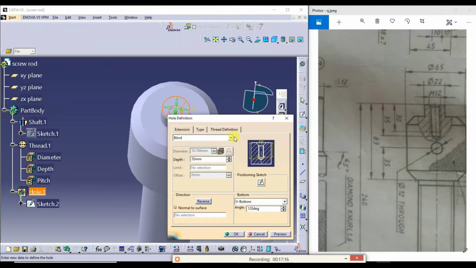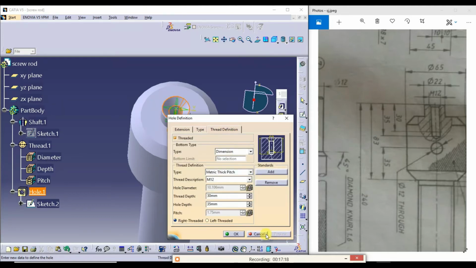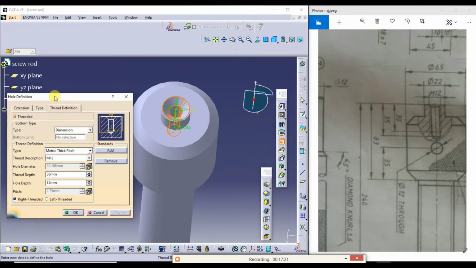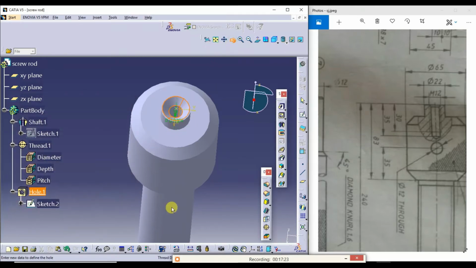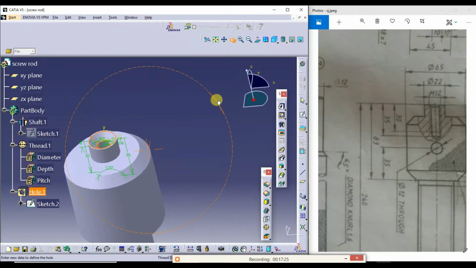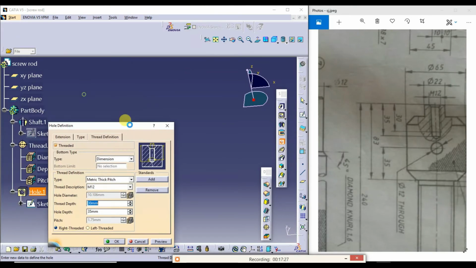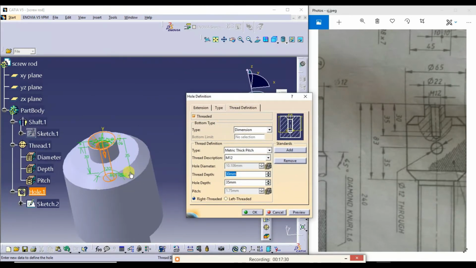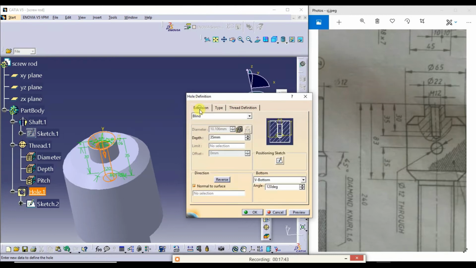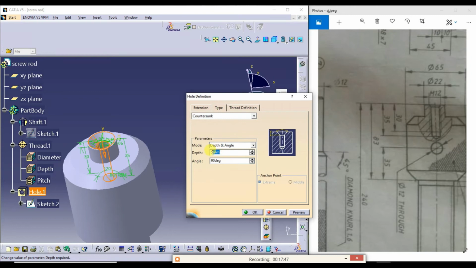I'll go for review. This is a section. The hole depth is 35 and this is thread tapping till 30 mm depth. Next, this is the 5 mm I have given for the depth of the countersunk.